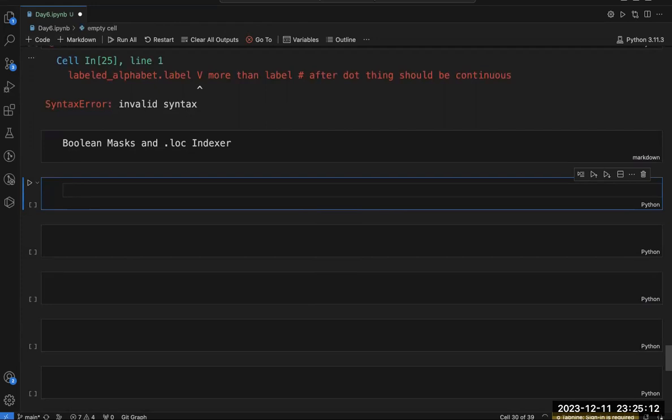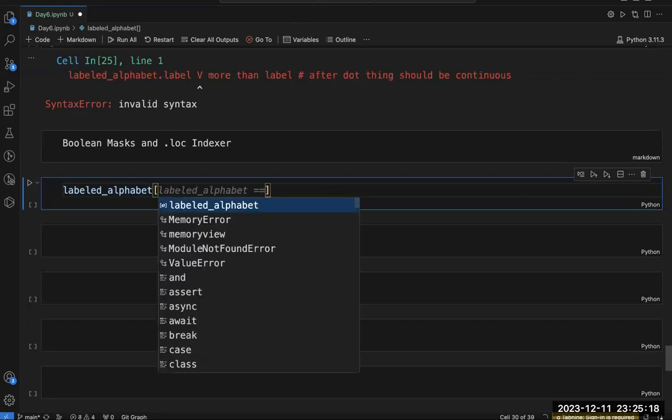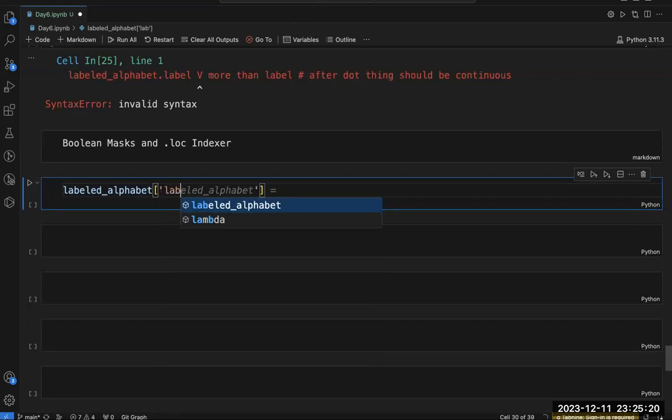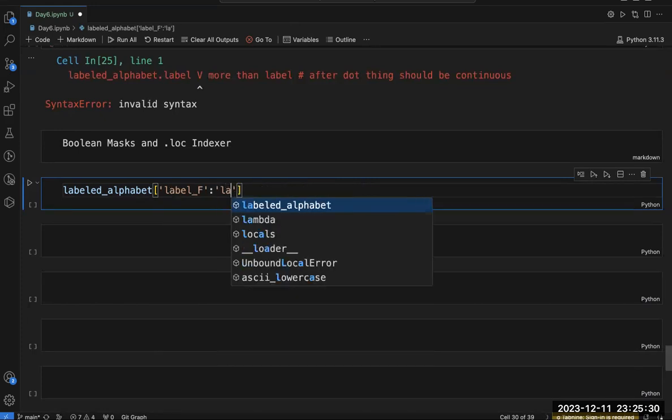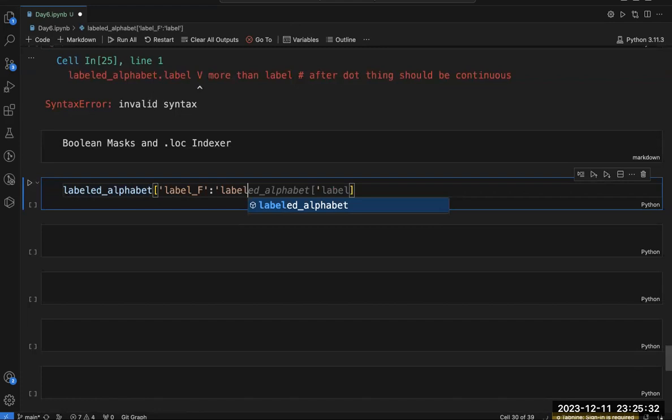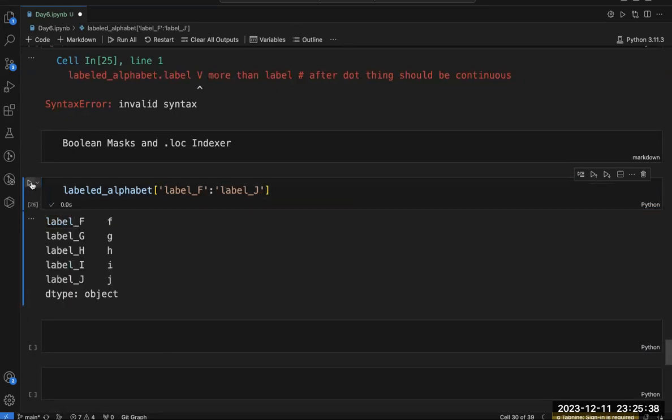Let's write first leveled alphabet, and then inside the square bracket, let's write level underscore capital F, then colon, and then level underscore capital J. Write it, and you will get this.